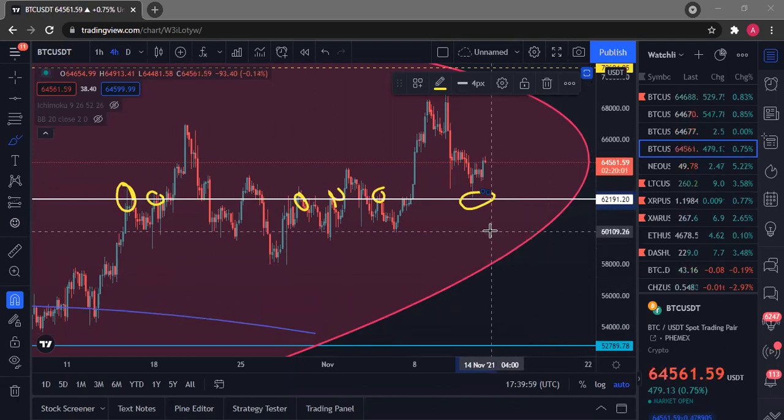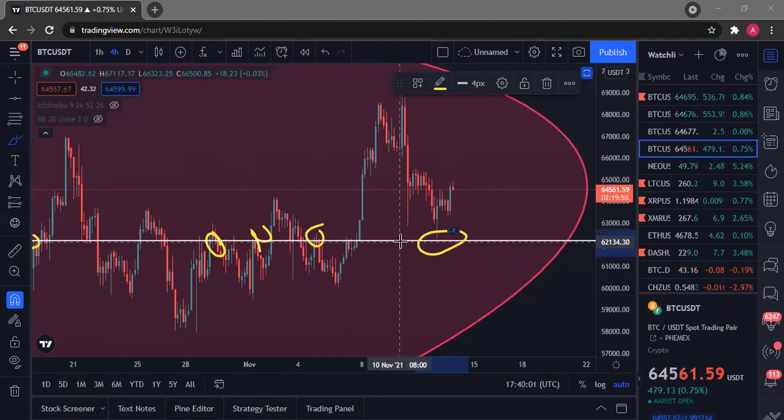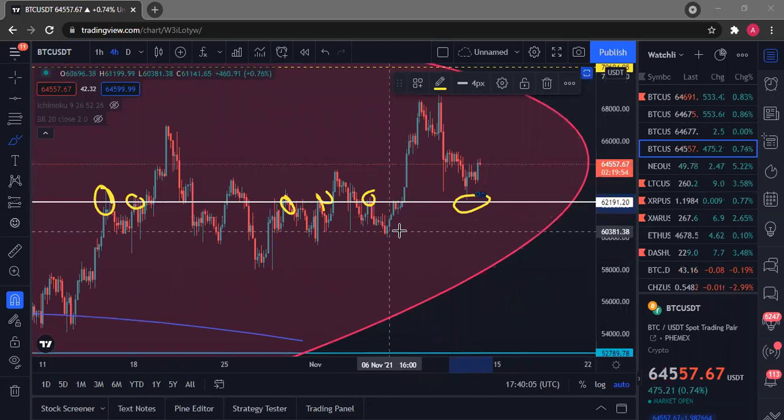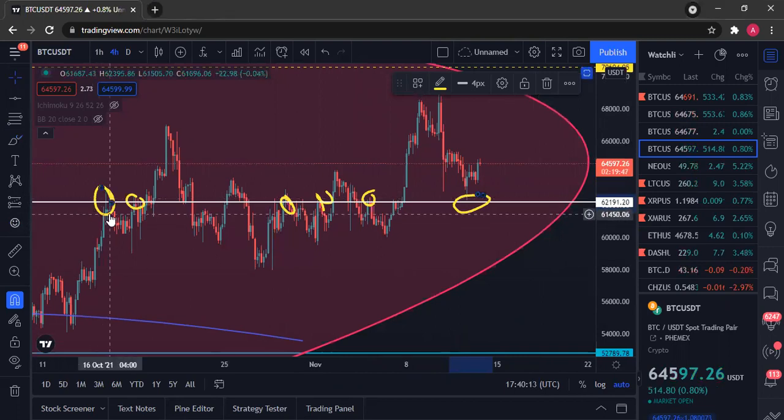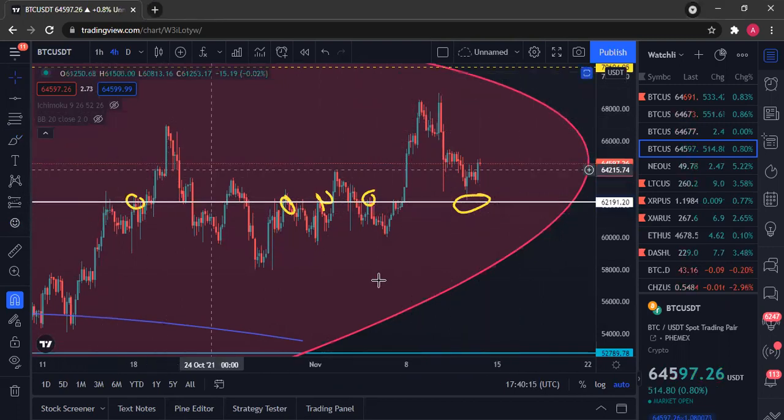Now, let's continue. So in this video, as we are watching right now, this is where we stopped last week. Looking at this one, we're able to know that this particular level is a very strong level. But if I'm to draw my own support and resistance now, let me